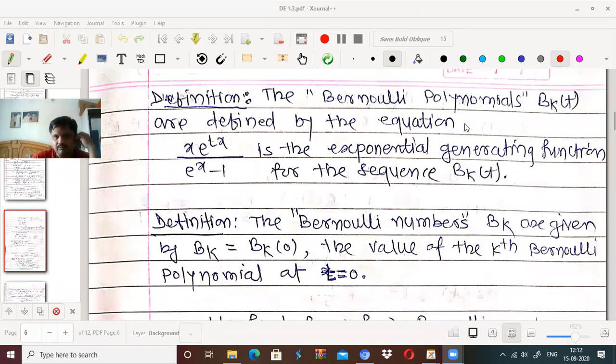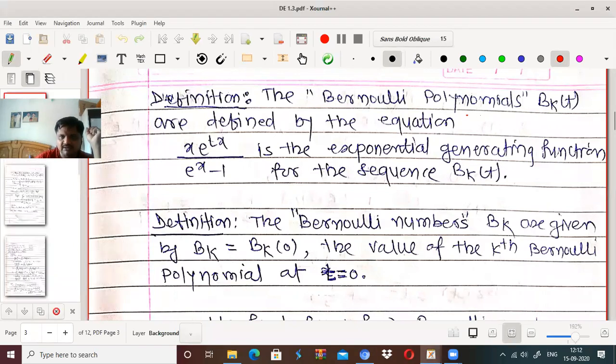It is the sequence of functions or polynomials whose exponential generating function is x into e to the power tx upon e to the power x minus 1, isn't it? So that means what? Bk(t) is obtained by using this relation,